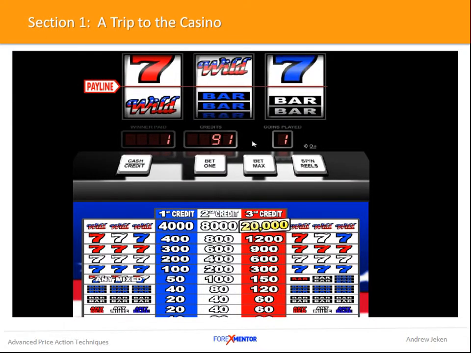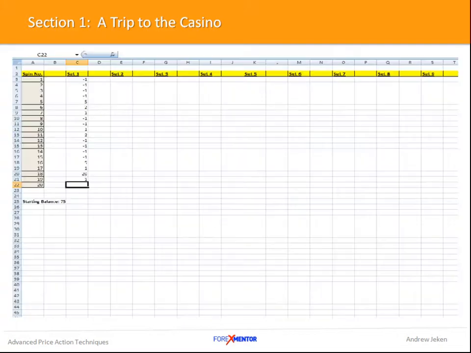Okay, so the last spin, we've won $1. So now what we can do, you can see we started with 75. We can add up to see what's happened. You can see in the total, it's not visible at the moment, but it's $23. So we've won $23. Now we can assess our performance. After 20 spins, we can see that we're profitable. Okay, this is very important.